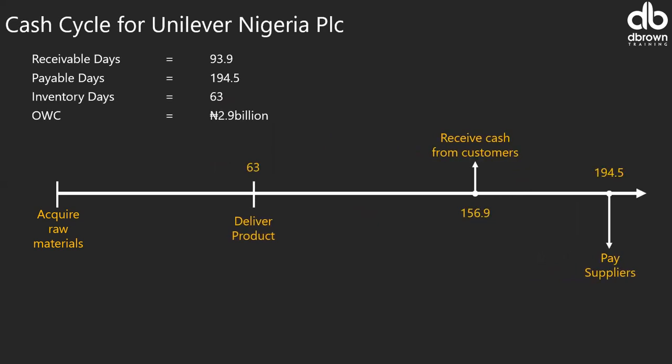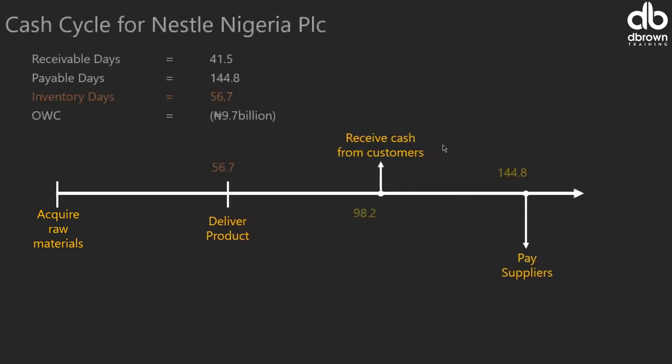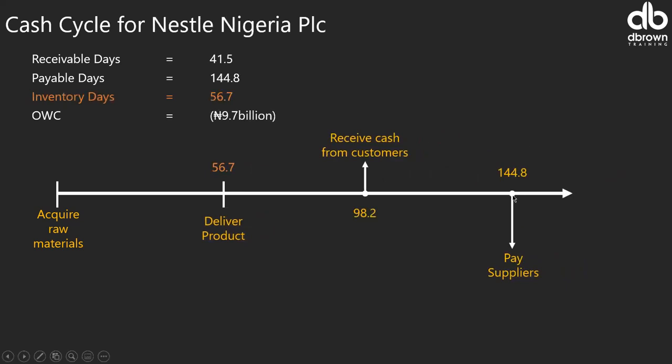Now it took Unilever 63 days to deliver their product. And look at the time it took them to receive money from their customer. Do you think this is efficient enough? They receive after 106 days. Exactly. And then they paid in, wow. The other one is better. So now imagine they are receiving money from customers at 156 days, whereas Nestle, they've already completed their own cycle. And now looking at this operating working capital, based on your understanding, do you think this is good or not? Let's assume you are at the management end.